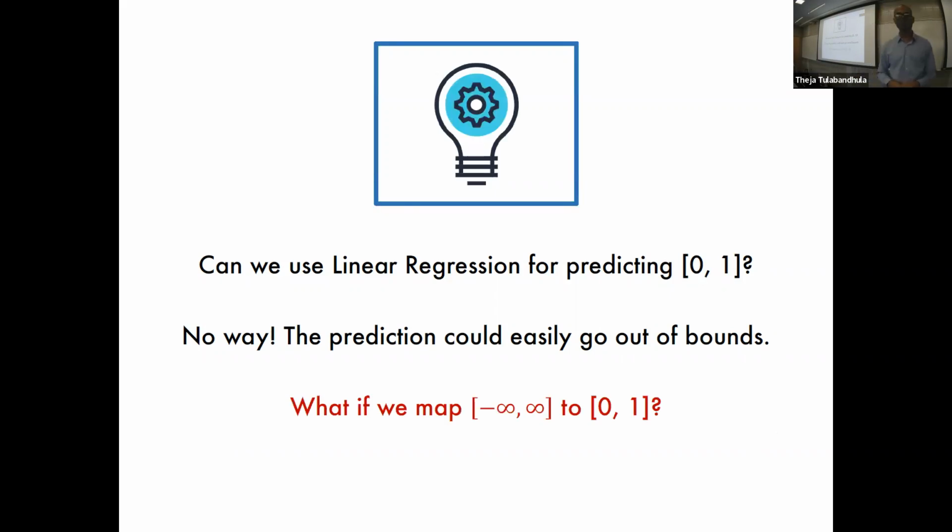Okay, and so what we can do is do exactly this squishing procedure or transformation in the output. Okay, where we map, and map just means again a function, right? So we map the minus infinity to infinity range to the range 0, 1. So think of a function which takes an input, a number between minus infinity and infinity, and produces a number between 0 to 1. Okay, so we're gonna add that extra function into the mix. Of course, with that extra function, the original model specification is no more linear. But there's going to be a linear part of it, and that's what leads to logistic regression.